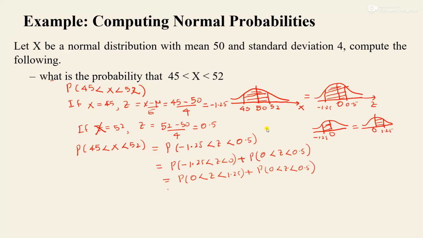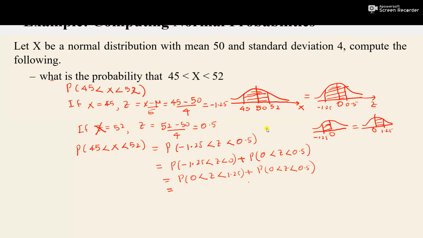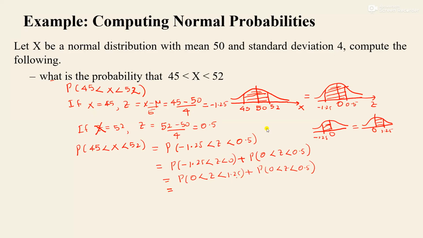You have to get the probability from the row denoted by 1.2 and the column 0.05, where the row 1.2 and the column 0.05 intersect. That is equal to 0.3944